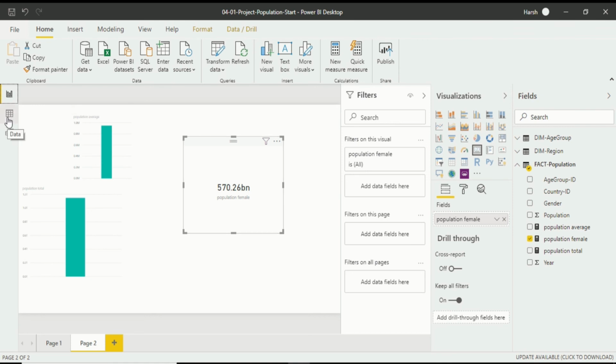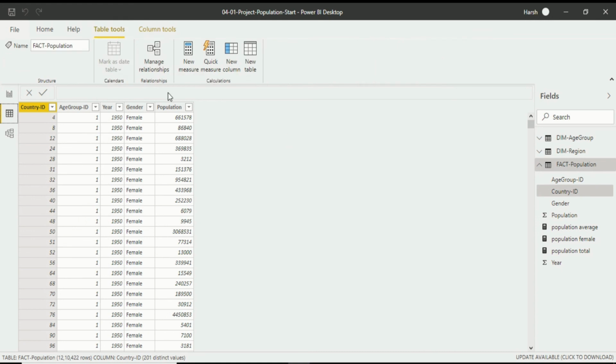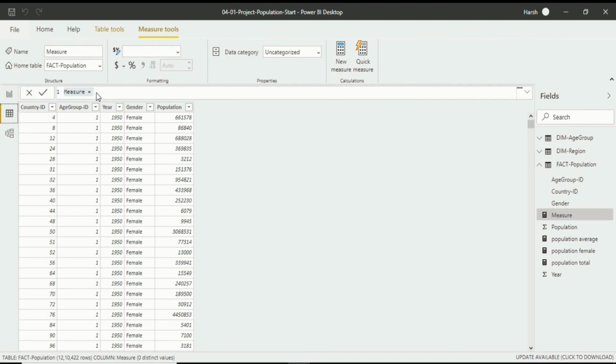Again, for writing a measure, you have to go into the data view. Again in the table tools, after that, click on new measure. Again you will see the formula bar opens up in here. So it will take a few seconds. Again there is a measure. Write population percentage of female. So it is kind of lengthy. I will just change the percentage with a sign.